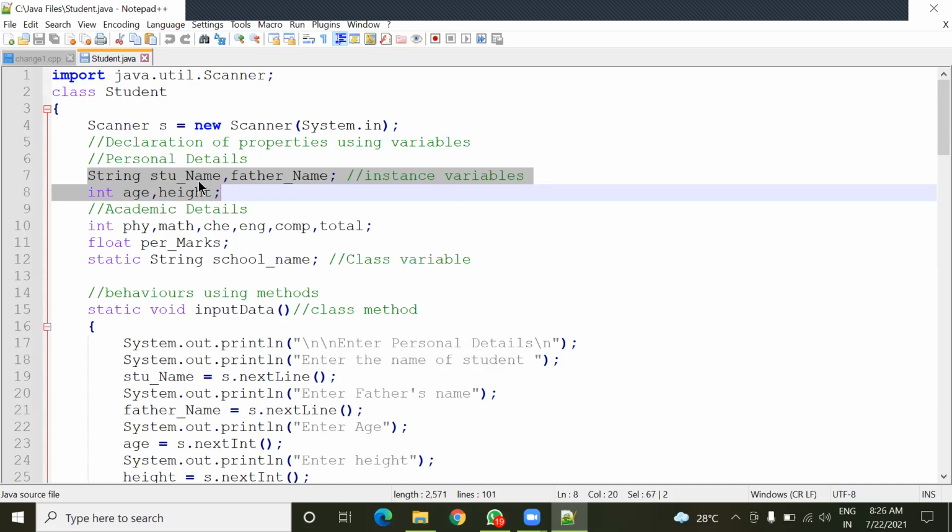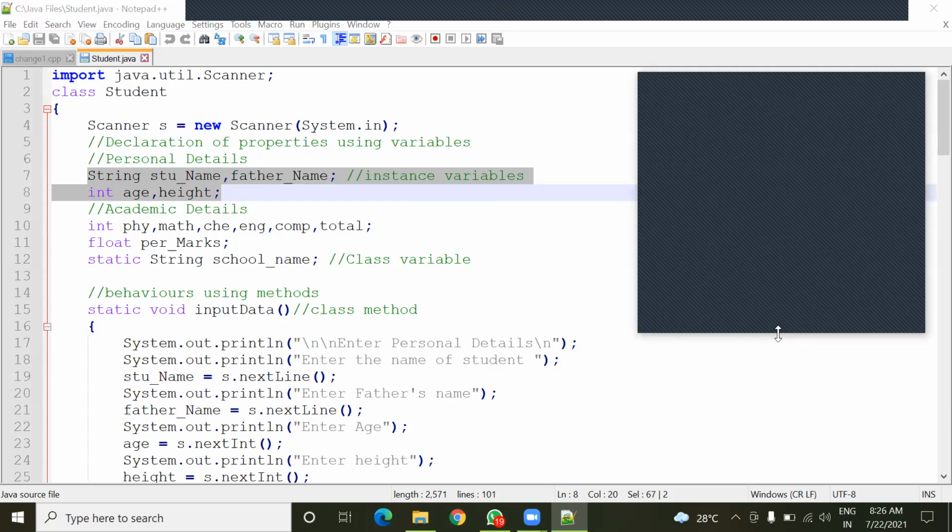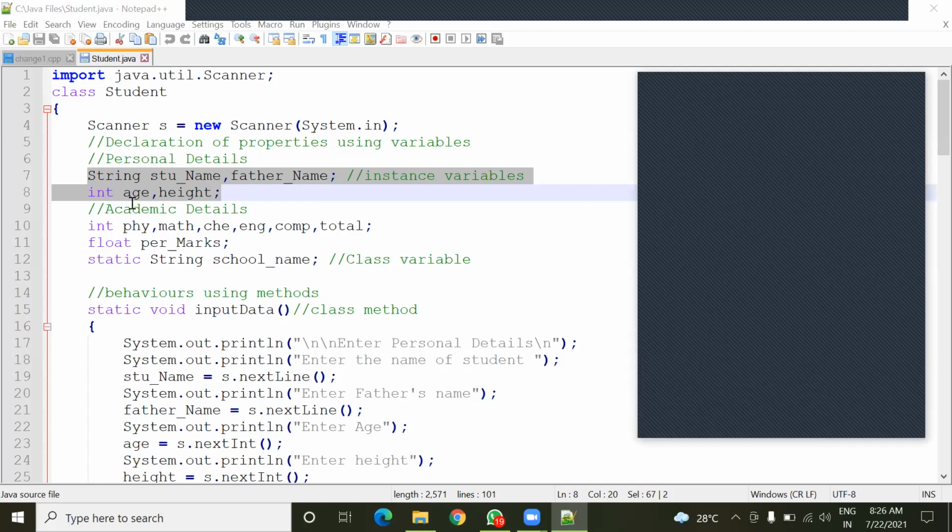So these are the properties of a student or not? Yes, sir. Not everyone is replying. For a student, what are the properties?